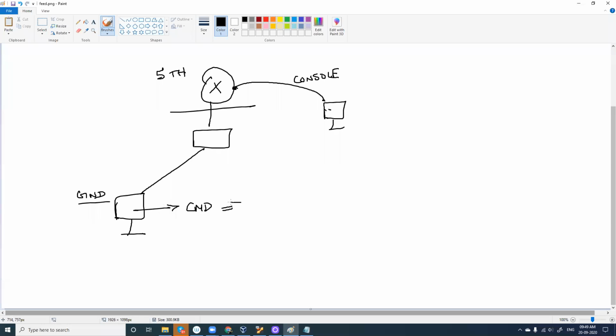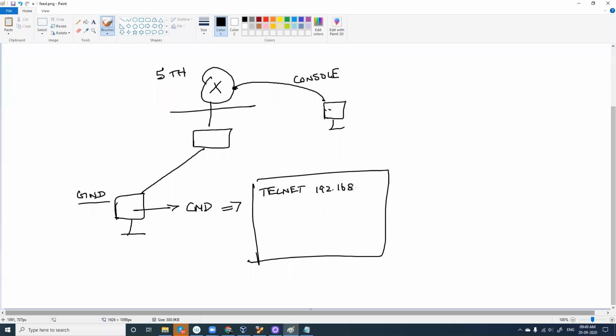You can open up the command prompt and type telnet, then your router's IP address, 192.168.1.1. You can initiate a telnet connection. If it asks for a password, you give your password, and it logs into the router from your command prompt. Then you type enable, then you get the hash prompt, then you type conf t, and it goes on. So telnet is one option to configure your router.